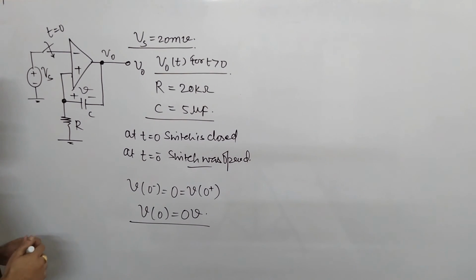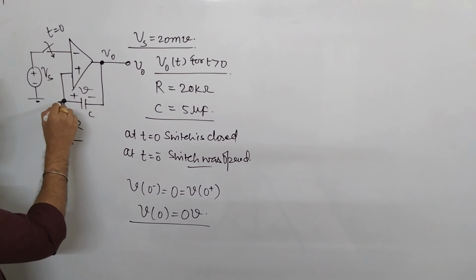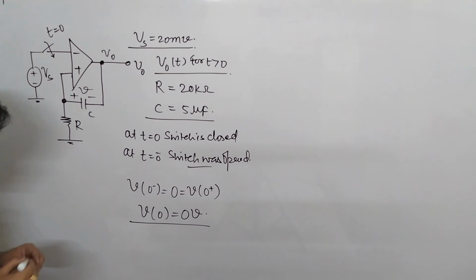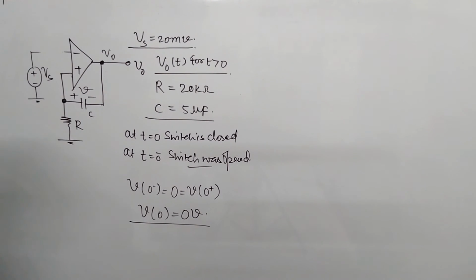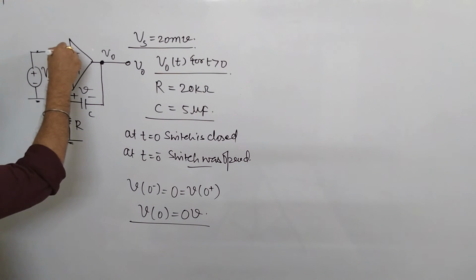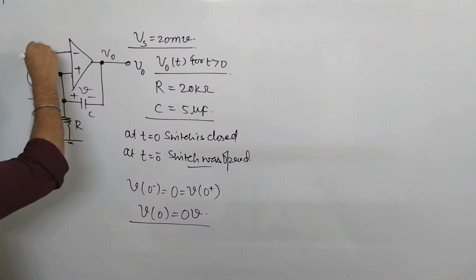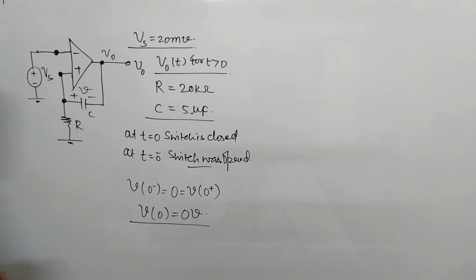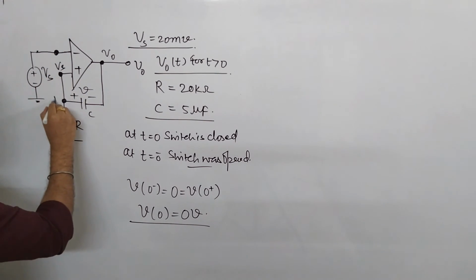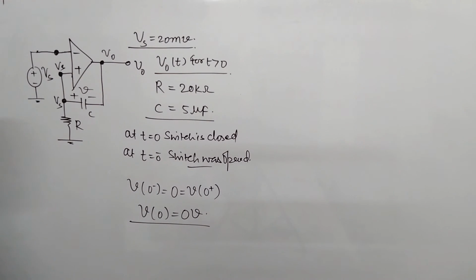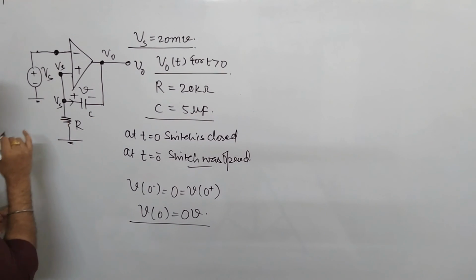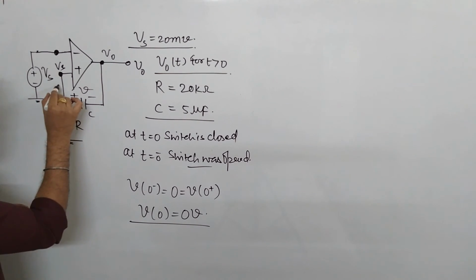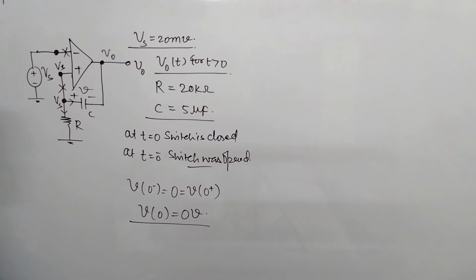So if I consider that at t equal to 0, this switch gets closed. Very important thing. At t equal to 0, this switch will get closed. So whatever voltage appears here will remain equal. So you can say that here the voltage is Vs, and here the voltage is Vs. Now is it possible to find the value of current here and the value of current here? No current will enter here because of virtual ground.